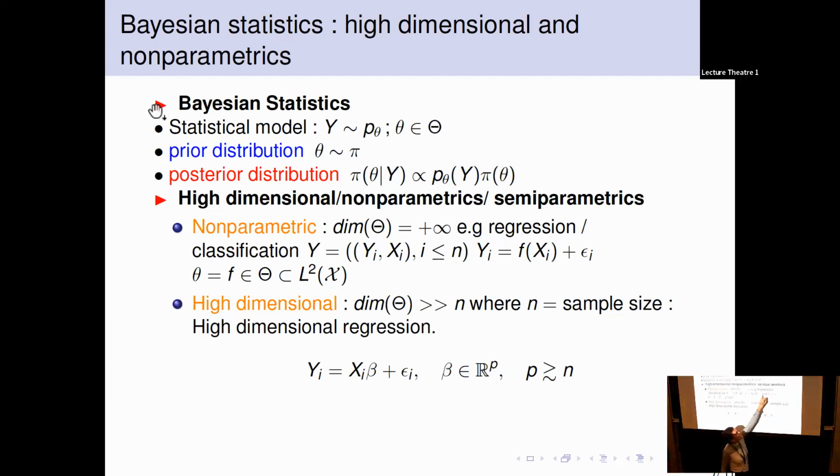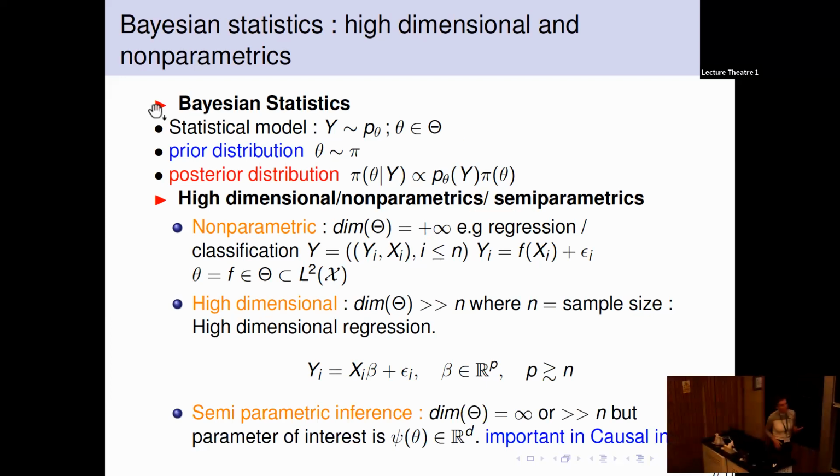To give two examples that Long was talking about: in the regression example, f is a function, and you don't say anything more, so it's an infinite dimensional model. But to some extent, it's easier than the high-dimensional problem where beta is just a parameter in R^p, but p is larger than n. It's easier because there is no structure on beta, whereas f is a function, so you can assume that it's smooth, and then you give some structure, and all of a sudden the effective dimension is smaller.